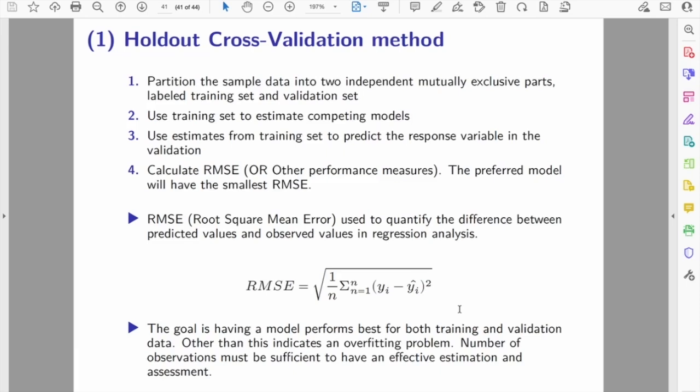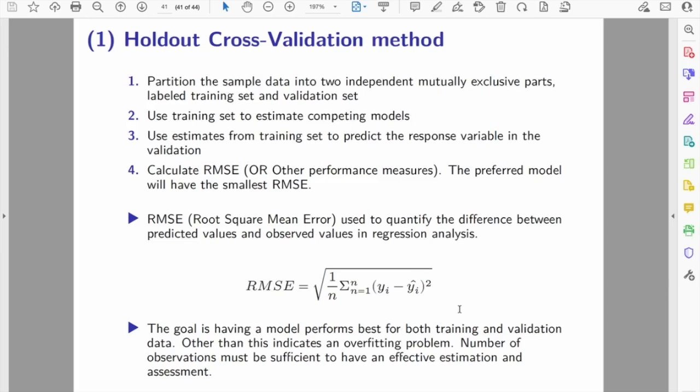Then we use estimates from the training set to predict the response variable in the validation set. The estimates, we're talking about the models here. The estimates, they are the B's, right? So we use the model that we have built using the training set to predict the response variable